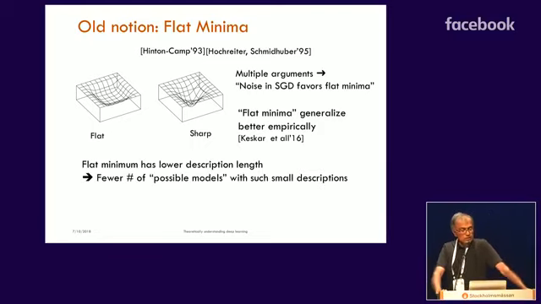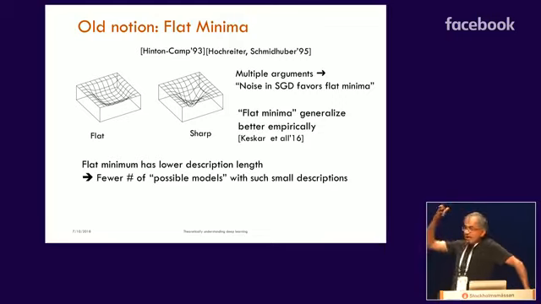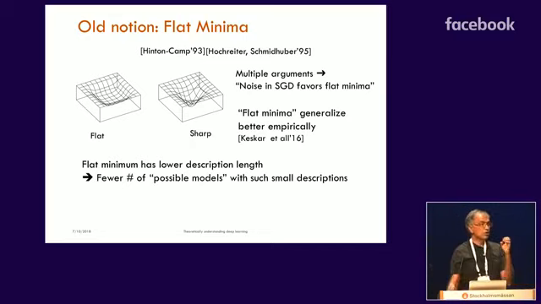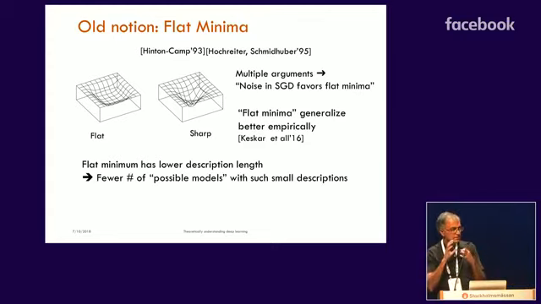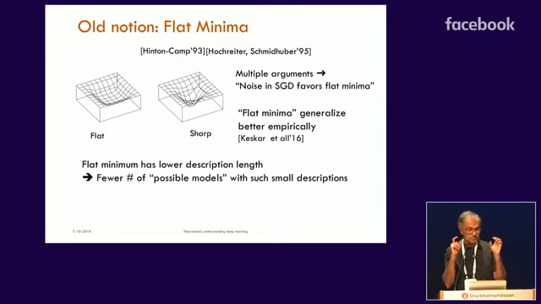So theoretically, why should flat minima be good? And this was suggested already in the original papers, that a flat minimum has lower description length, right? No, lower number of bits needed to describe them. Why? Because if it's a flat minimum, well, you can jiggle the solution a lot, and the loss doesn't change. And so you can imagine truncating the bits of precision, and so you can represent the solution with a fewer number of bits. Okay, so that's an example of how, because you're in a flat minimum, you can truncate the model a bit, and there will be a fewer number of possible models, okay? And that's good for generalization.